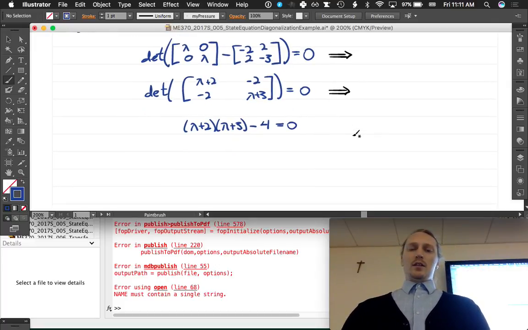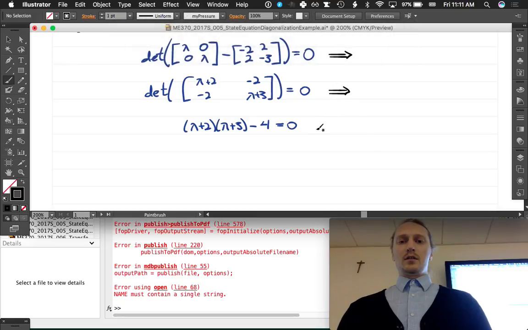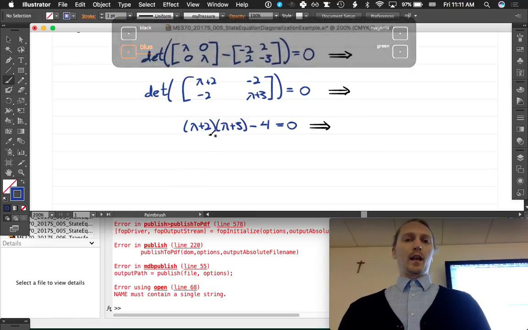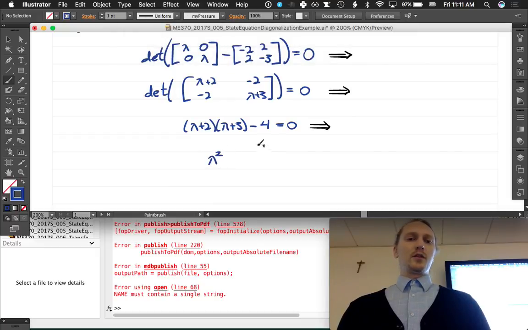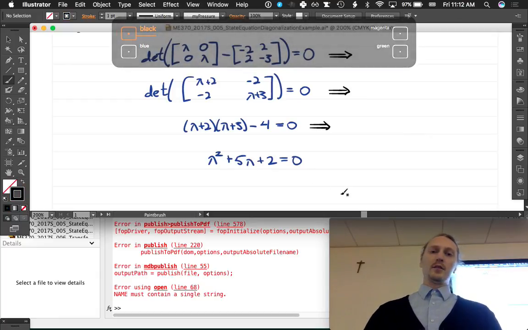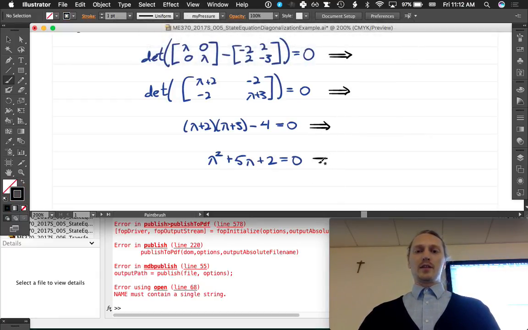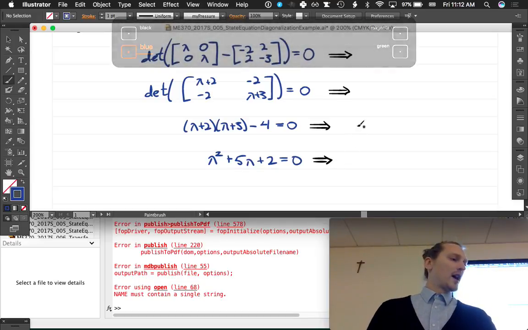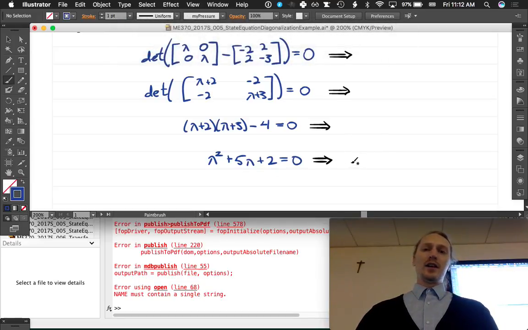And this can be rewritten as lambda squared plus, there's 2 lambda and a 3 lambda, so 5 lambda plus 6 minus 4 is plus 2 equals 0. Okay, so solving this, quadratic formula or whatever, lambda 1 and lambda 2 are equal to negative 0.438